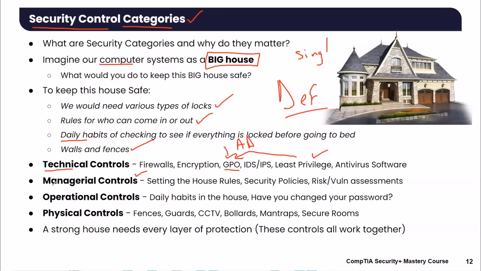And kind of relaying this back to that house and knowledge, this big house that you're trying to secure. In terms of technical controls, well, we might have locks, door locks. All these things are like technical things. They're physical, but they're also technical things that we can put in place. Fences, all these things we can put there to help us secure the organization, and then we can configure